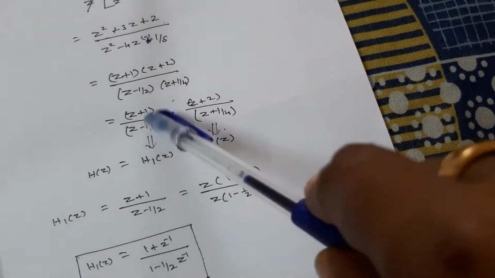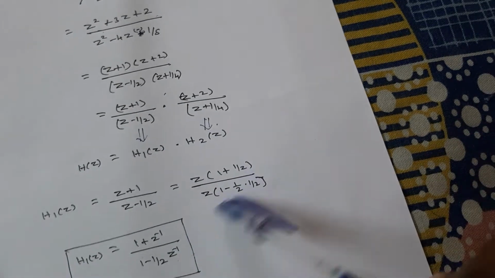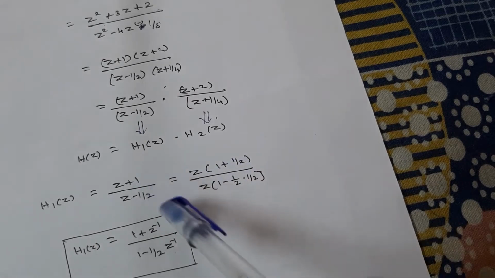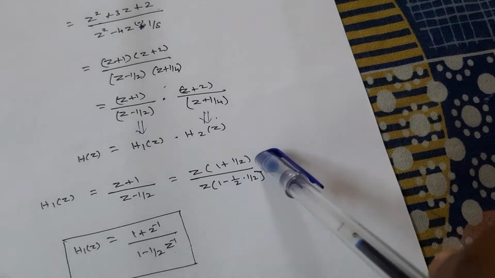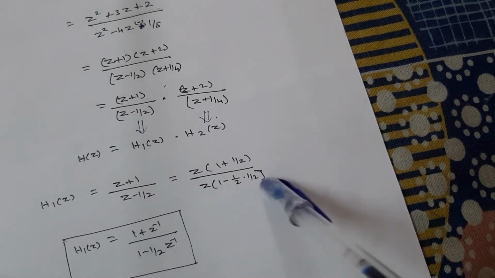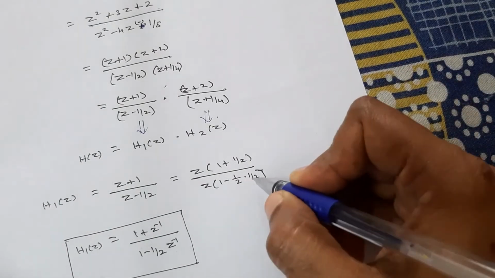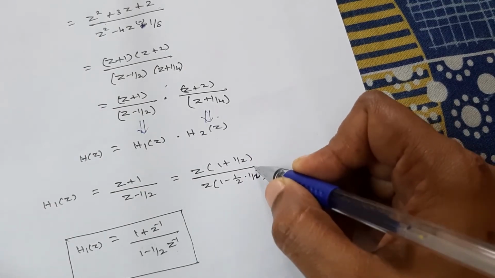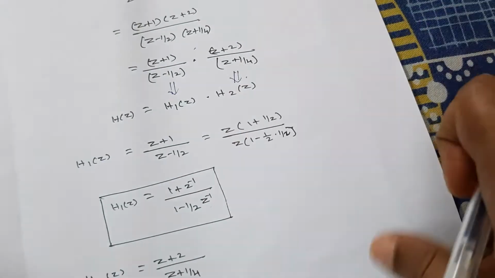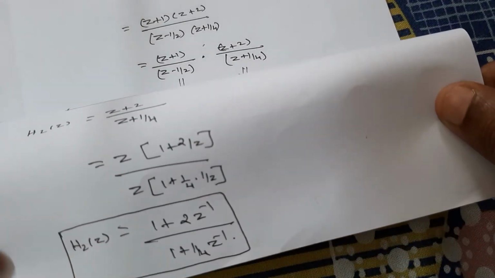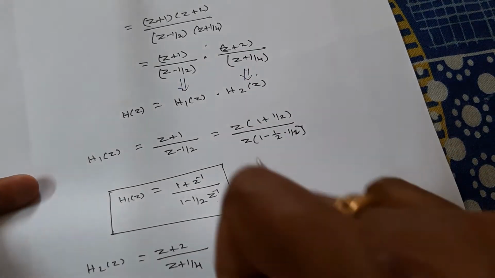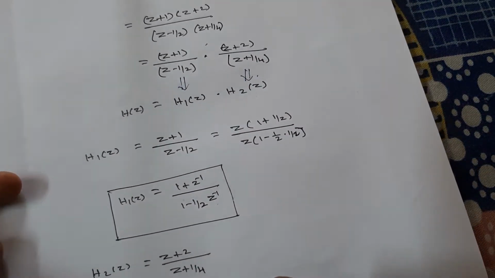Okay. So when writing h1 of Z, we need the Z inverse formula. Okay. So take the first term common. So if you take the first term as common you will get 1 plus 1 by Z. Here if you take it you will get 1 minus 1 by Z. Here 1 by 2, this is 1 by Z. So when this goes up it becomes Z power minus 1. So you will get h1 of Z in this form. Okay. In the same way we need to find h2 of Z. Okay. So now combine the h1 of Z and h2 of Z. Then when we combine and draw the block, we will get the direct form.